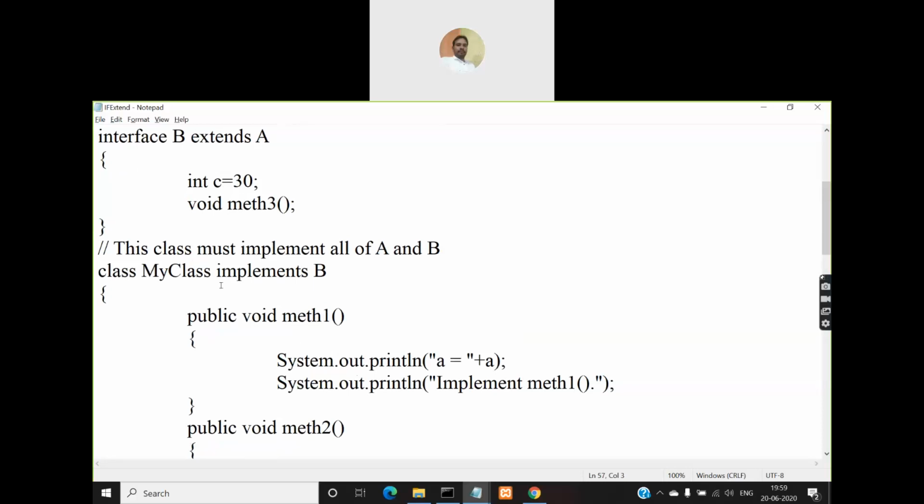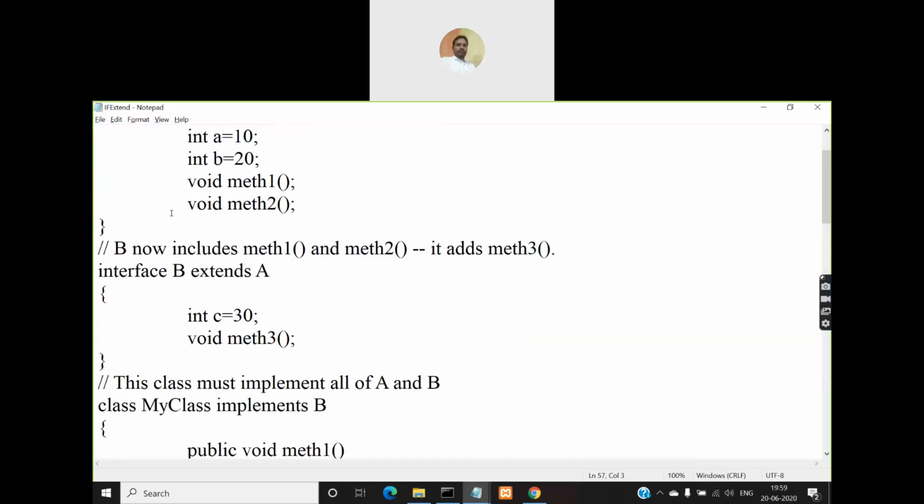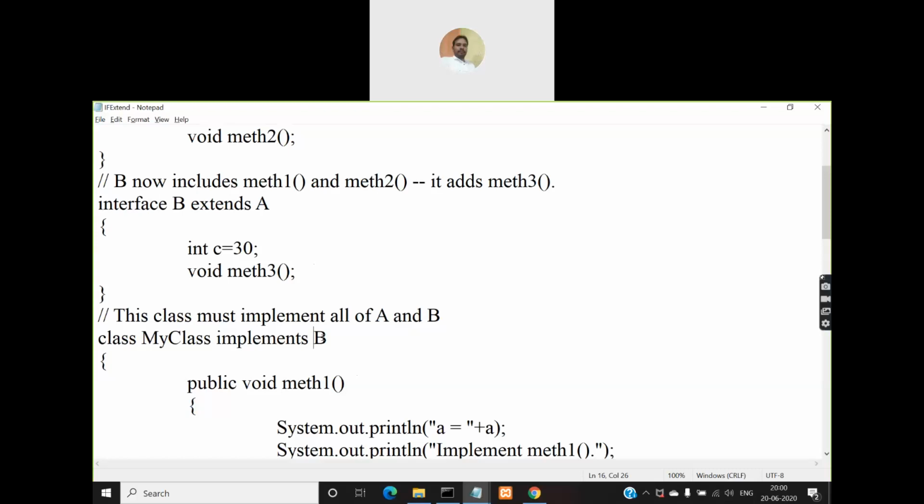Only if the class implements the interface can you assign the object of that class to the reference variables of the interfaces it implements. Because my class is implementing interface B, I can create a reference variable for B and assign it the object of my class.